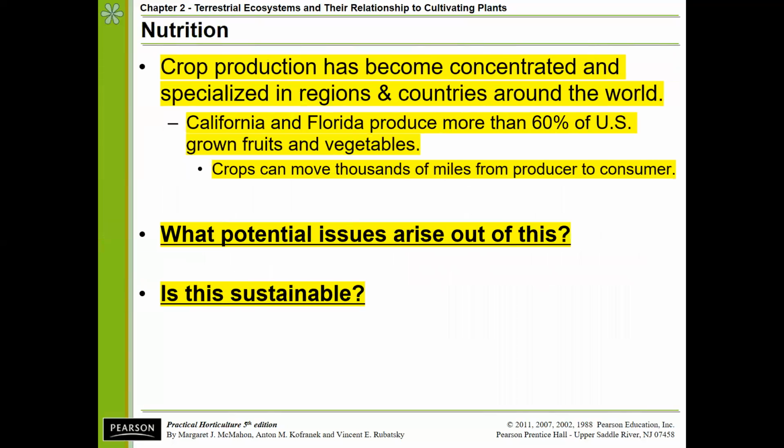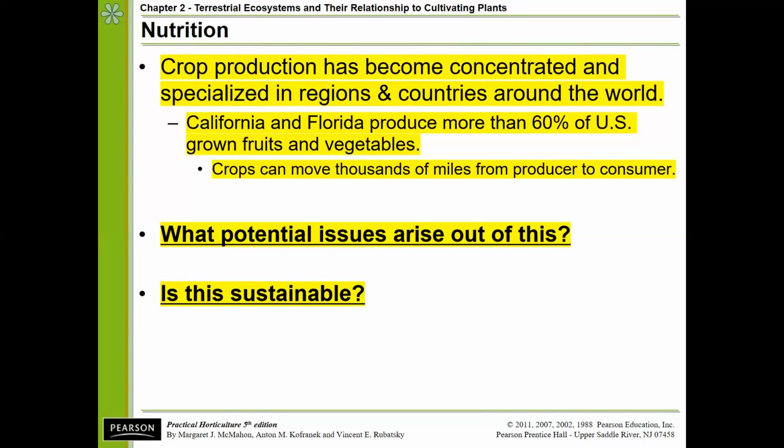This is a very important slide here about crop production becoming concentrated and specialized in regions and countries of the world where the climate is ideal for the production of that crop. For instance, we look at California and Florida as the greatest producer of our fruits and vegetables, and how we move crops thousands of miles from our producers to our consumers, the energy embedded in that. So to try to become more sustainable, again, we have to try to create more localized agriculture and produce those